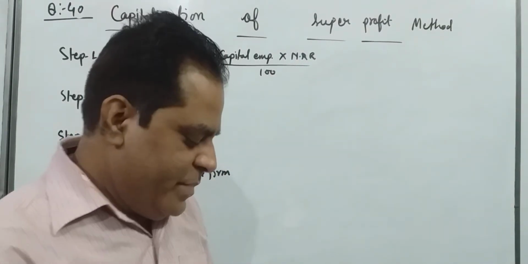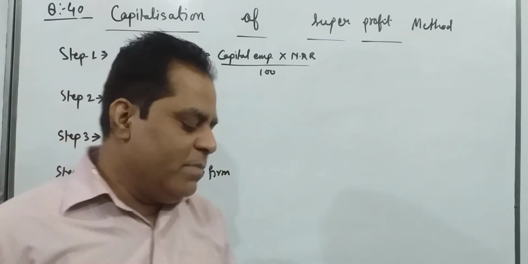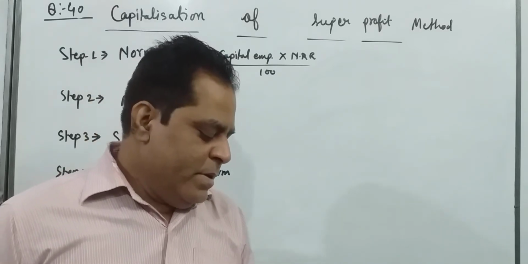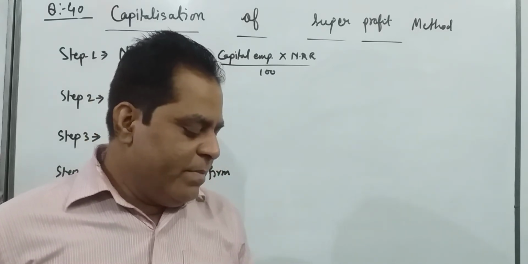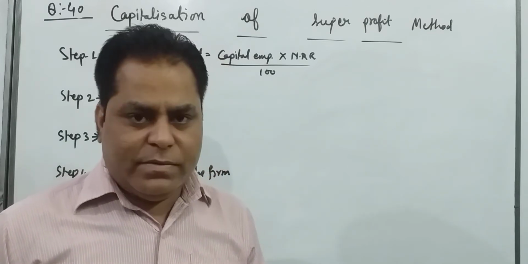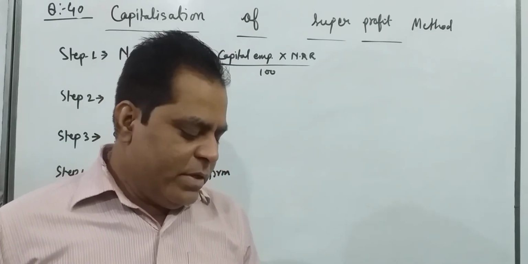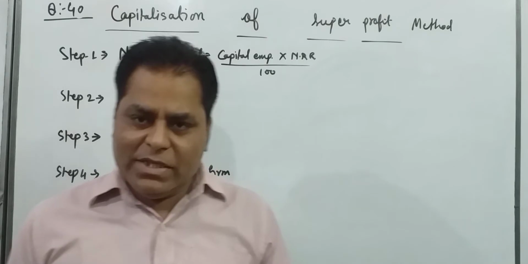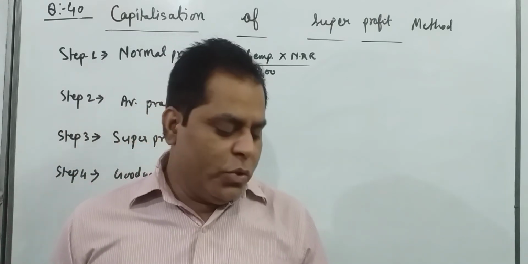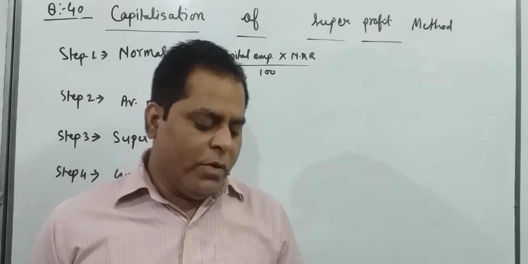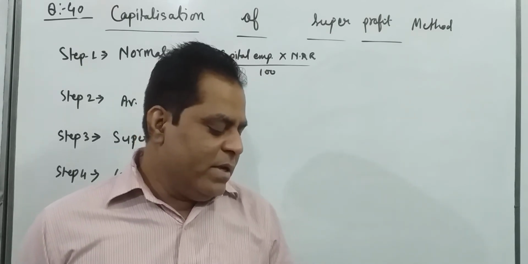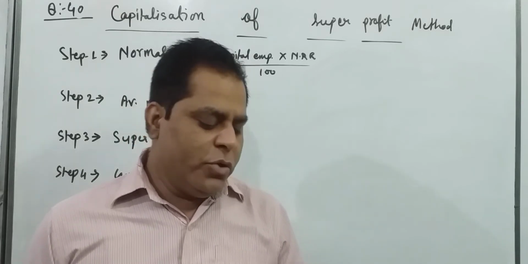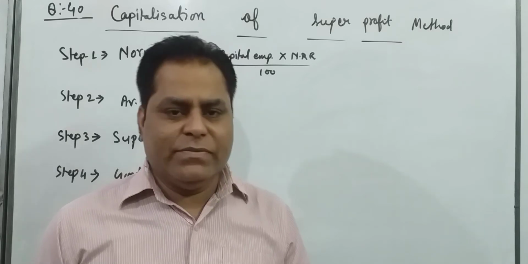Now student, again I am going to solve question number 40 of your book T.S. Grewal. Listen carefully. I am reading the question. A firm earns profit of rupees 5 lakh. Normal rate of return in a similar type of business is 10%. The value of total assets excluding goodwill and total liabilities as on that date are rupees 55 lakh and 14 lakh respectively. Calculate value of goodwill according to capitalization of super profit method as well as capitalization of average profit method.